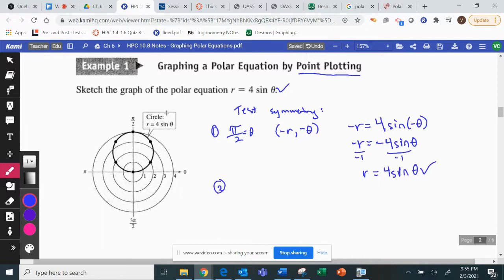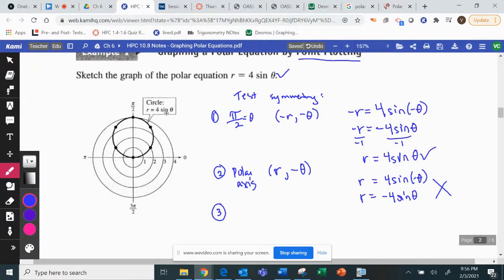And let's say I tested the polar axis, which we will replace with r and then negative theta. So if I take the same equation and I put in just r, and then I use negative theta, well, that's a lot like the one above it, except I'm going to have r equals -4 sine theta. So that one definitely does not have symmetry. And we can see in the picture too, but I want to just show you me checking